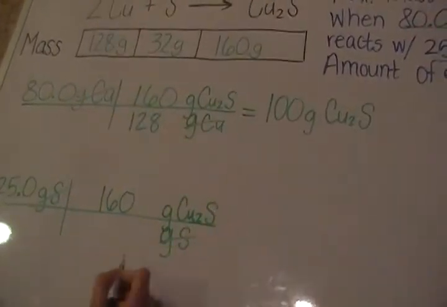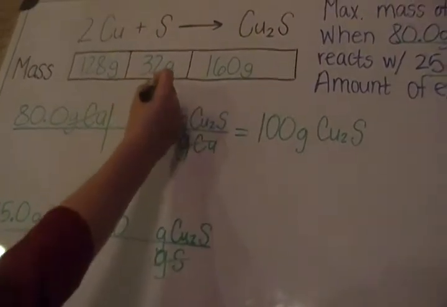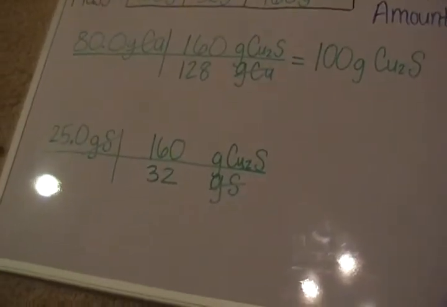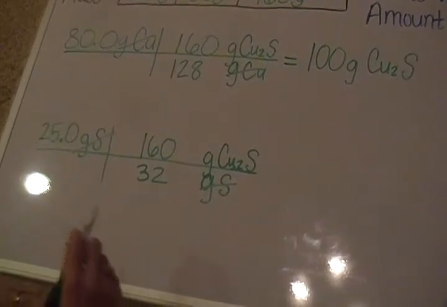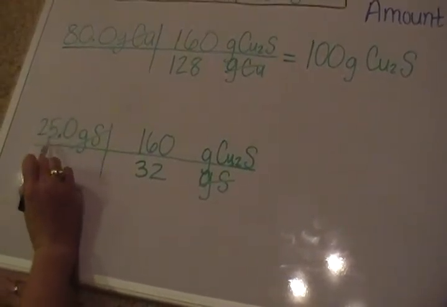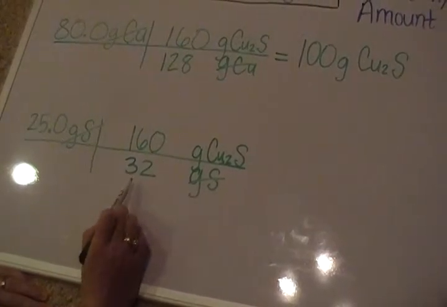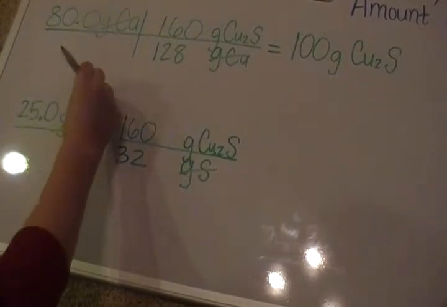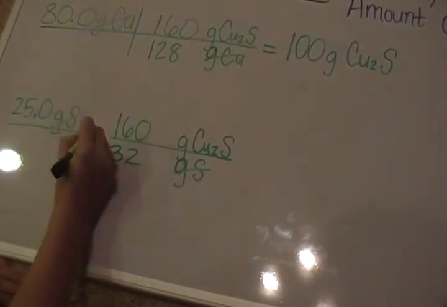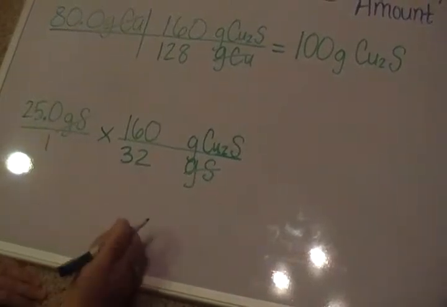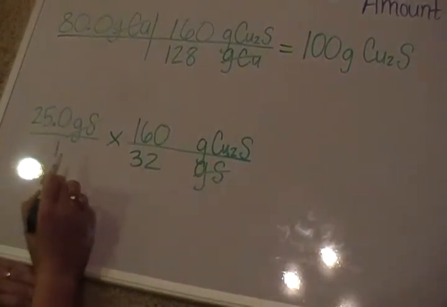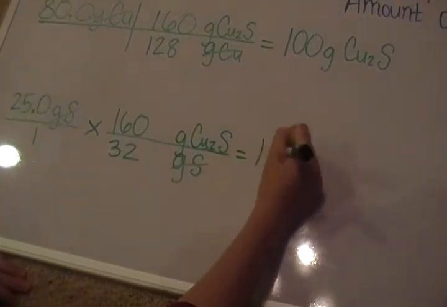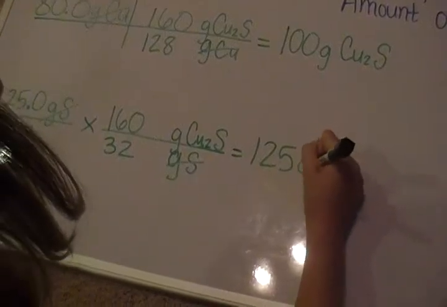Okay, grams of sulfur, and I pull my number again from my chart, and these are already the masses that I've looked up on the periodic table and just rounded off to whole numbers. We solve it the same way as the first calculation. You multiply the 2 numbers on top, divide by the 1 on bottom. Keep in mind that this setup is how we've been writing it in class, but essentially you're multiplying 2 fractions. Okay, same thing. All right, so 25 times 160 divided by 32 gives us 125 grams